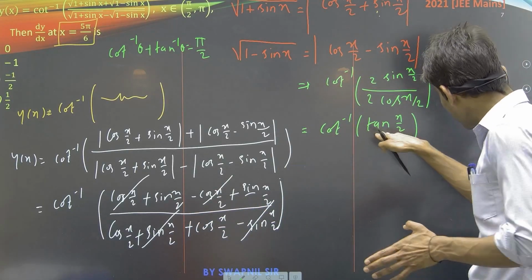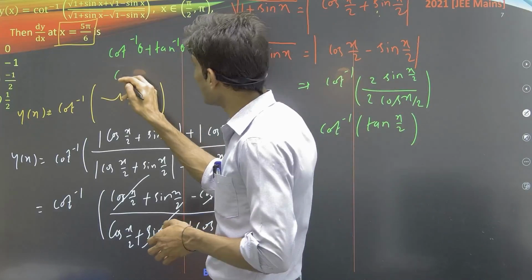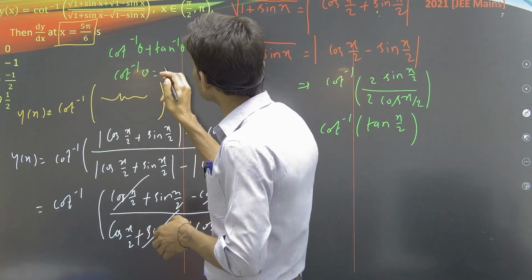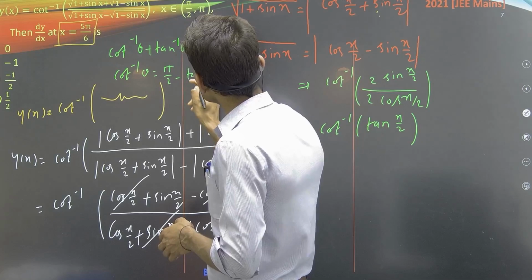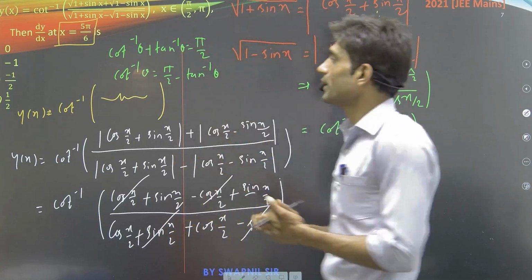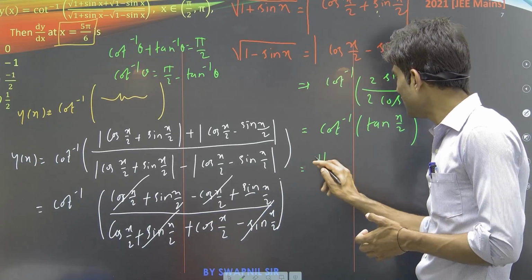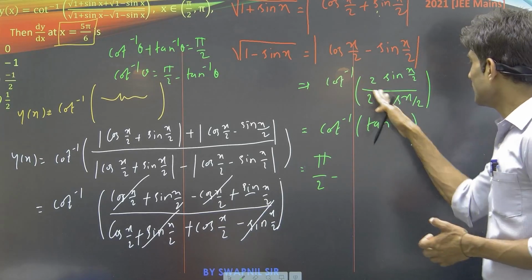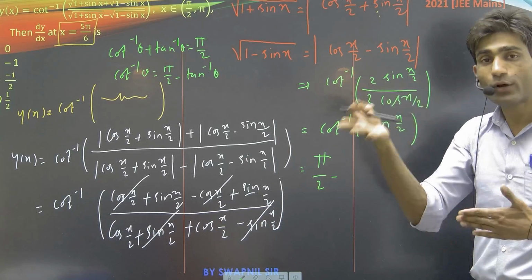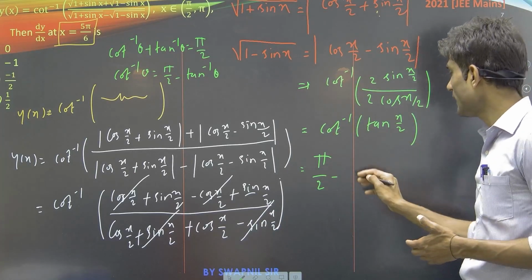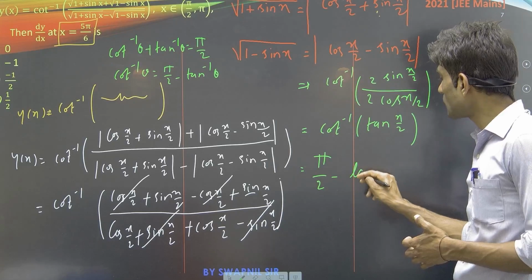So we have cot inverse of a theta. We write cot inverse of a theta as pi by 2 minus tan inverse of a theta. So we write pi by 2 minus tan inverse of a theta. Now instead of a theta, we are taking a tan x by 2. So tan inverse of